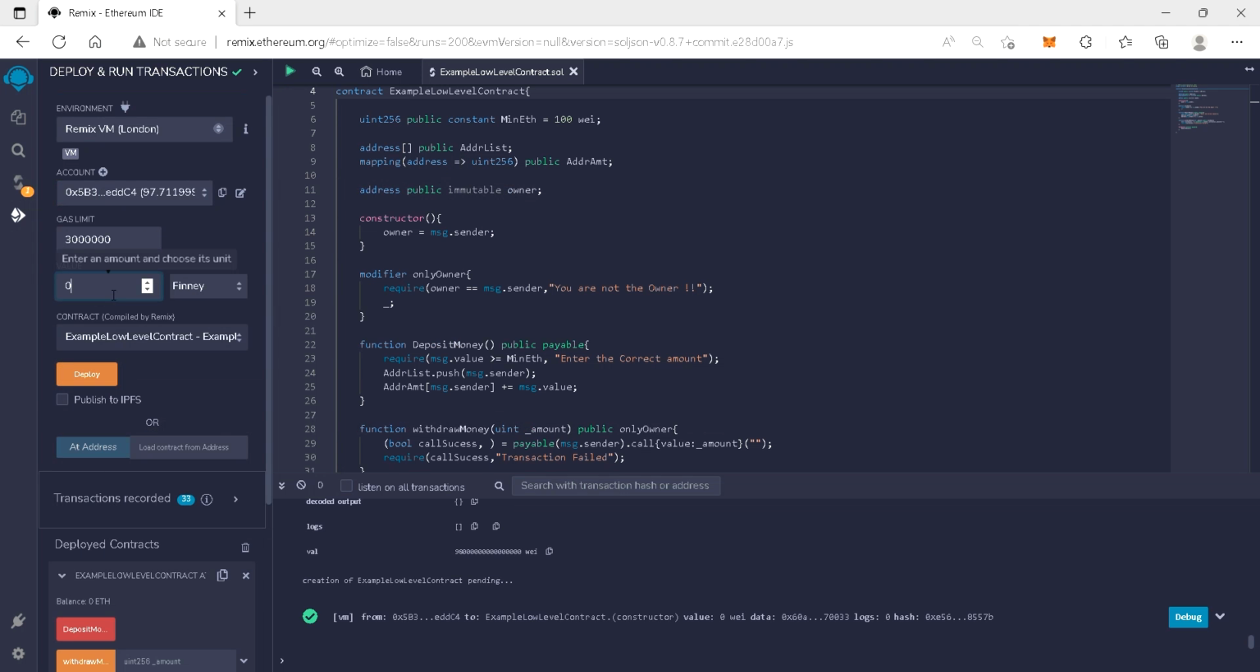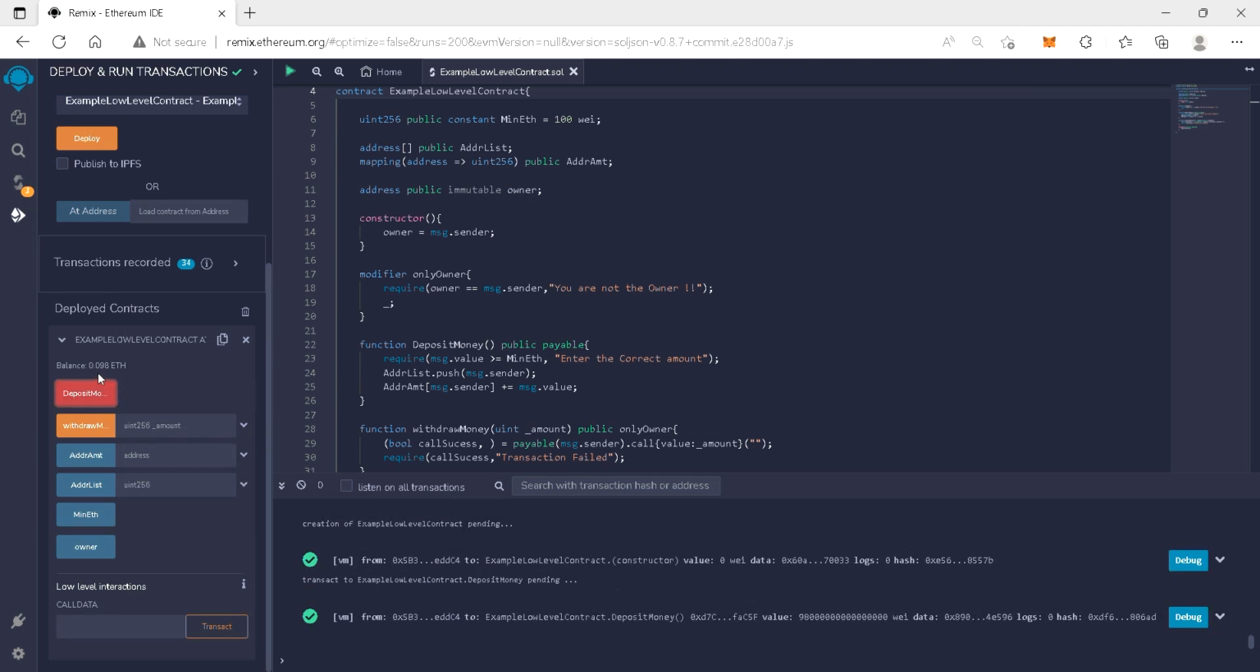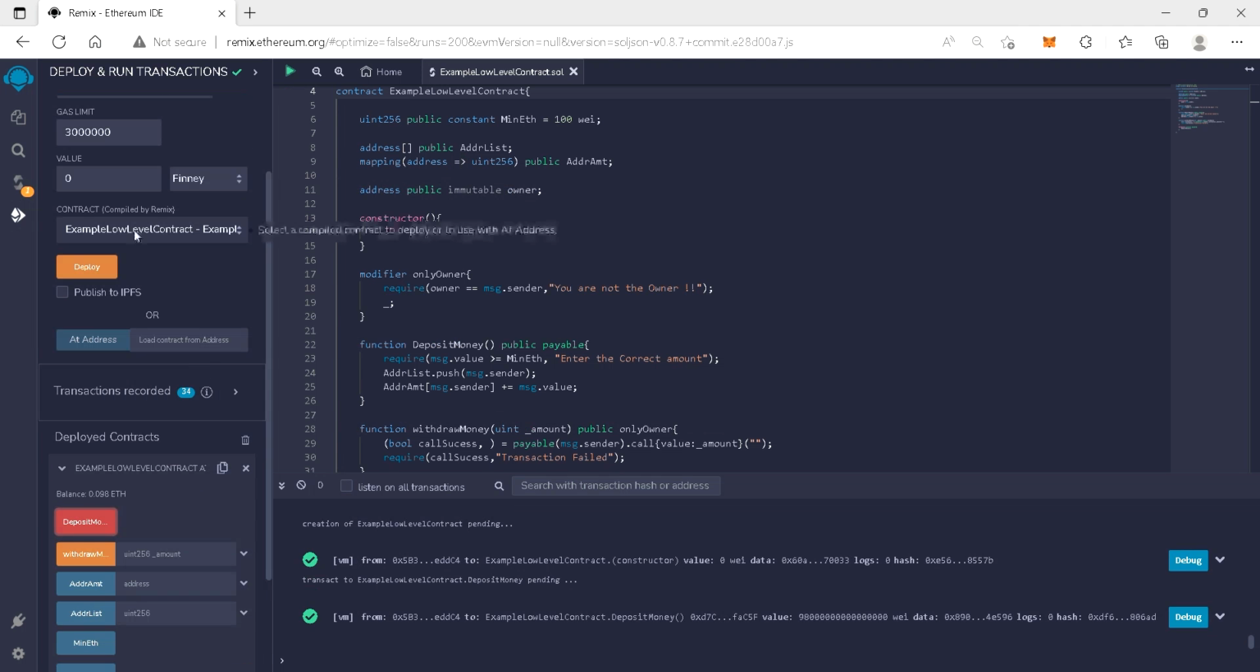So again let me send some value to this contract. So let's say 159, deposit money. You can see that the balance has increased. So let me